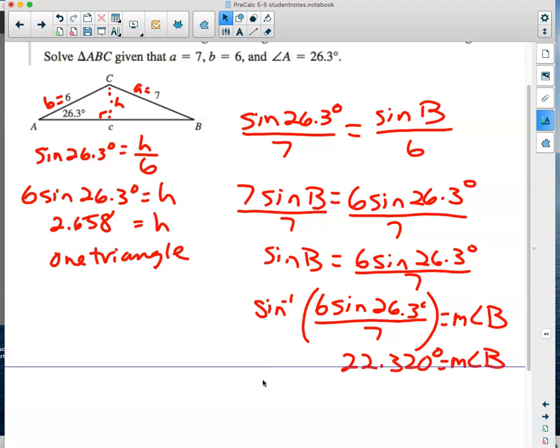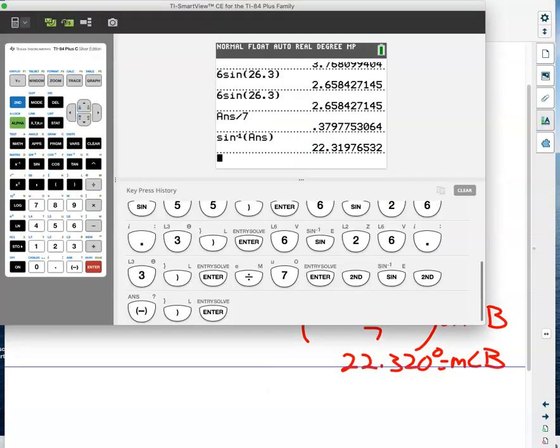Now this was the measure of angle B. So let's just say we want to store this just in case. We're going to hit the store button, which is STO. It's just to the left of the 1. And then we're going to tell it where to store it. And since this was angle B, I'm just going to name it capital B. So I have to hit alpha, and then I have to look for the little green B. And the little green B is on the apps button. And now when we press enter, it's going to store all of those decimals, all of that information for us